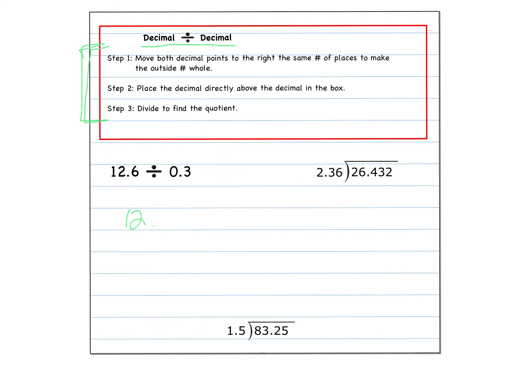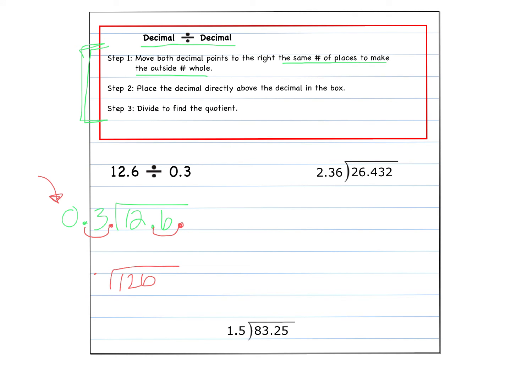So I'm going to still set it up the exact same way. The first number goes under this box, and then we have the 3/10 outside. So first step, move both decimal points to the right the same number of places to make the outside number whole. So let's look at this. To make the outside number, which is the 3/10, we want to make it a whole number. So if I move this over to the right 1, that gives me a 3. But if I do that to the outside, I now need to do this to the inside. So my new dividing numbers are